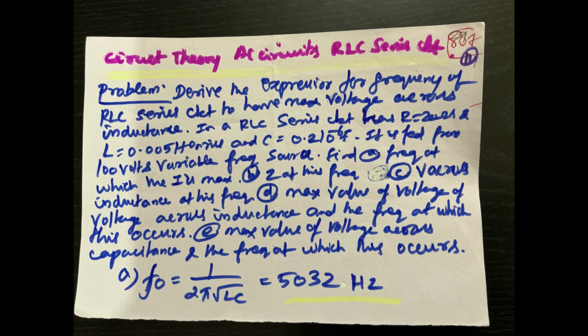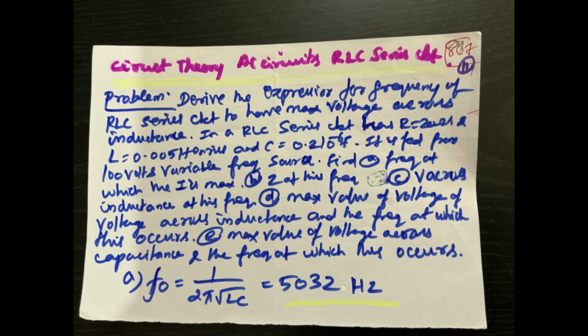At f equal to fL, the maximum value of voltage across inductance occurs at a frequency fL equal to 1 divided by 2 pi times the square root of (1 by LC minus R squared by 2 L squared). That is the formula we derived in previous classes. Similarly fC is equal to 1 by 2 pi times the square root of (1 by LC minus R squared divided by 2 L squared) to the power 0.5. That formula is used in this problem.